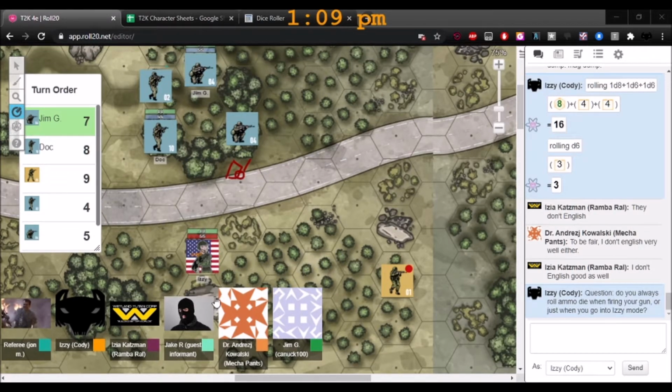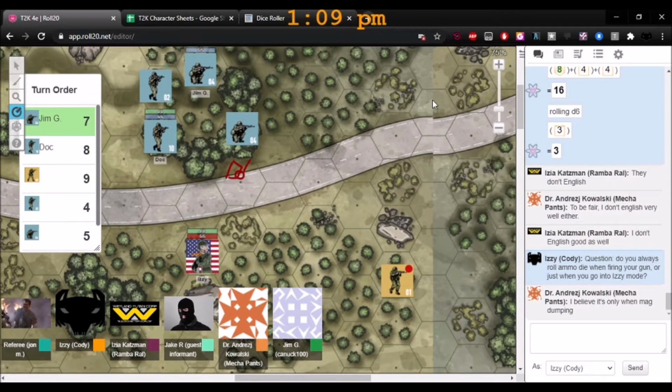Where does that leave you as far as asset dice? Well, it'd be heavy weapons because it's a light machine gun. So I've got a B strength and B heavy weapons. Okay, so that's 2d8s, right? Or sorry, 2d10s. So then we'll reduce the lower one. We'll just say the strength down 3 steps. So that becomes a d8, a d6, and then it goes away altogether. So that leaves you with a d6, and then however many ammo dice you want to spend. Wouldn't it be a d10? I'm sorry, you're right. Yeah. You're correct. I misspoke. So it would leave you with a d10 and however many ammo dice you want to spend. Yeah, whatever. I'm not going to mag dump.